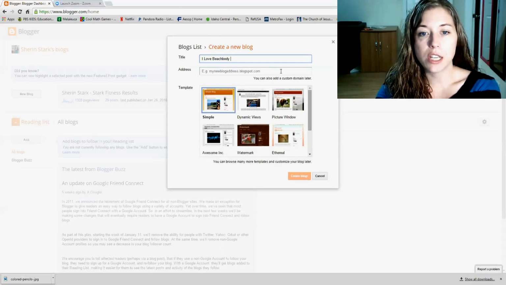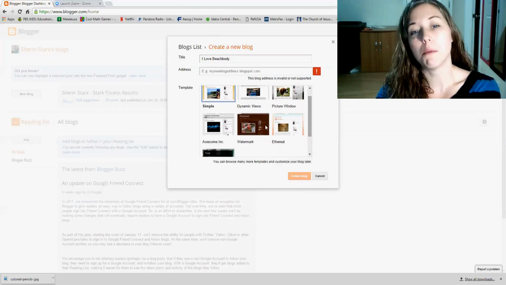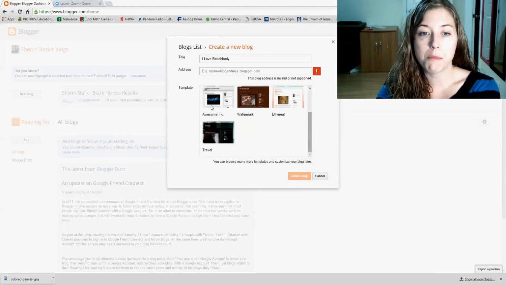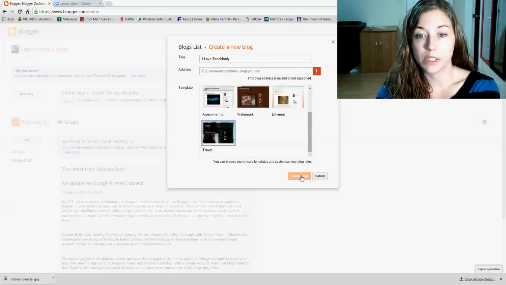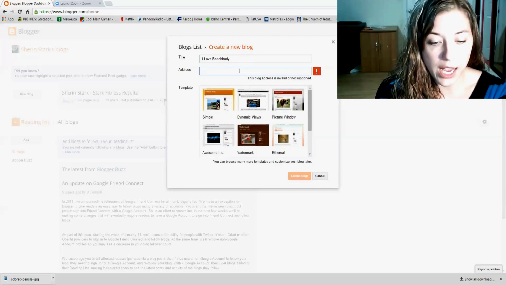And then it can just either give you a blog address, or you can type in what you want right here. I'm just going to let it give me one. And then you go down here and you choose what type that you want. So you can do a symbol, dynamic, picture, window, watermark, awesome. Just kind of choose what you're looking for. Let's say we want to do travel. And, oh, it's wanting me to put something in. Okay, so then you can say,